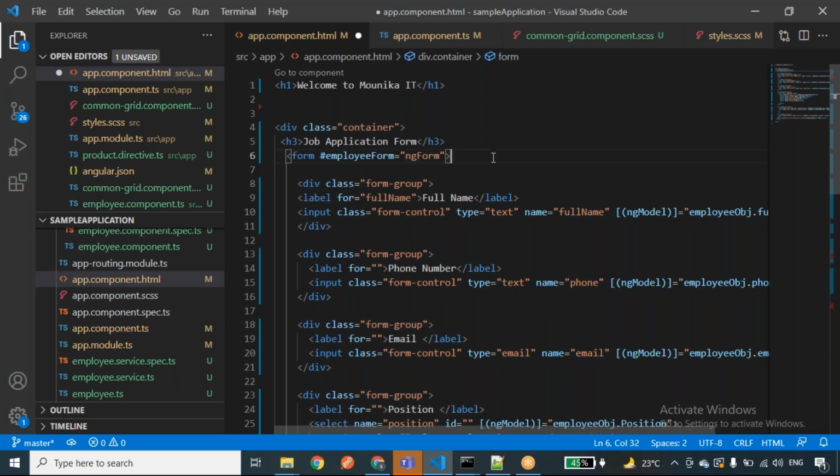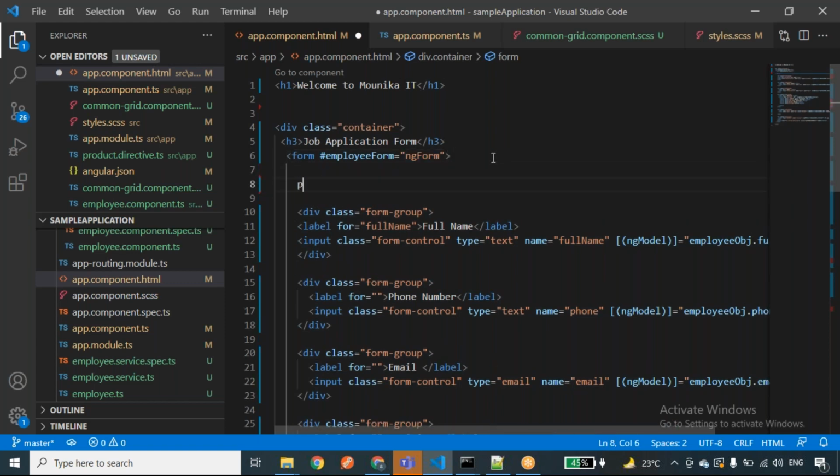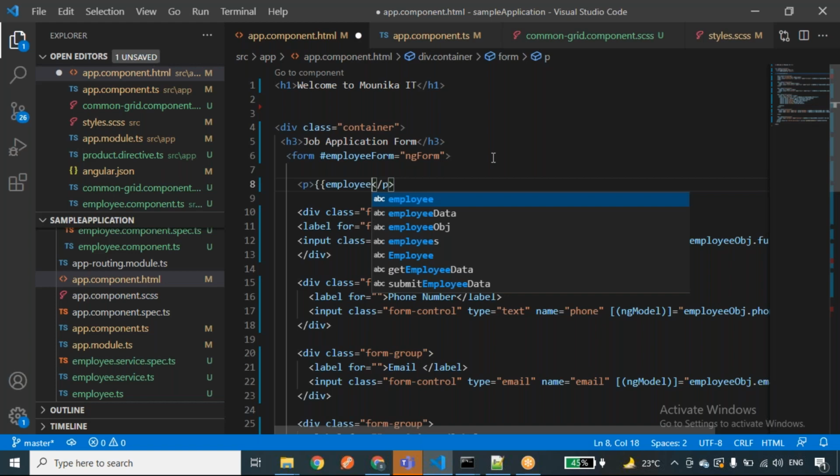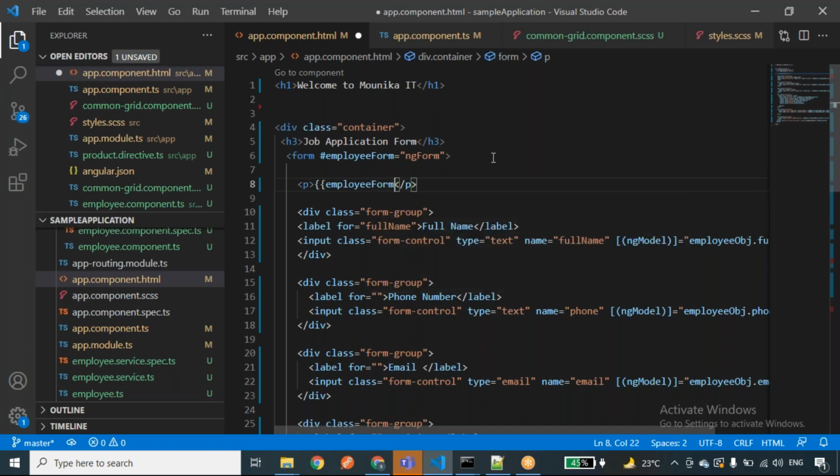For now, I'll simply use the interpolation technique, employeeForm.value, to get all the values inside the employee form.